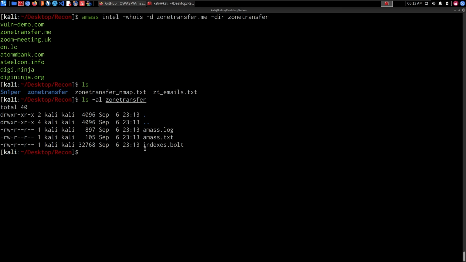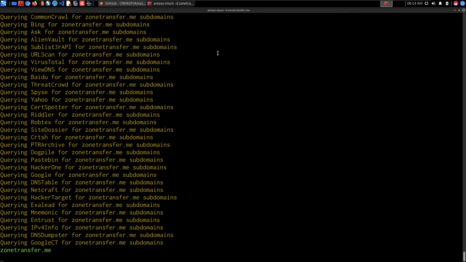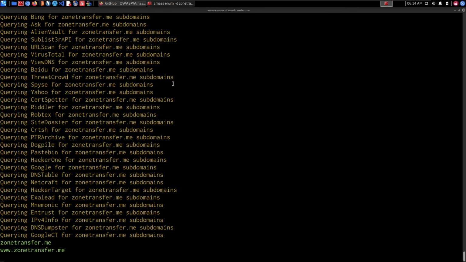Now, in our case, we want to perform enumeration, right? So we are going to be using the enum subcommand. So we're going to say amass enum, and we then specify the domain, which in this case, again, we're just going to say zone transfer.me. Hopefully I can type it in correctly, and we hit enter, and that's going to enumerate information for us. Now, of course, as I said, this is something that you pretty much want to be outputting into the output directory, so that we can actually view later on. But again, let's just run this scan here, and let's see the results we're able to identify,